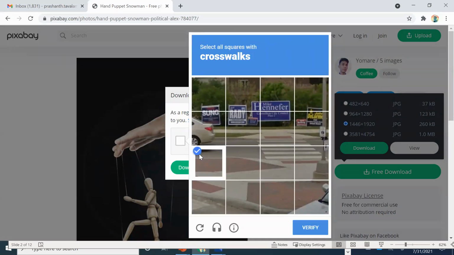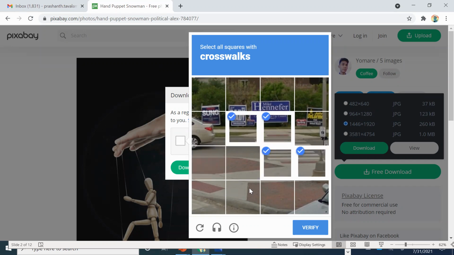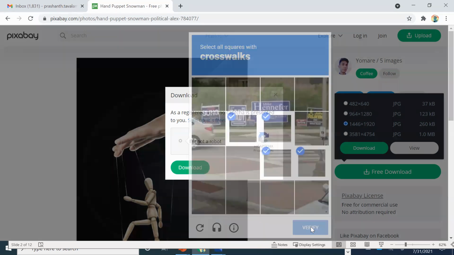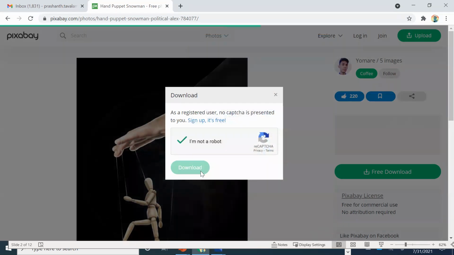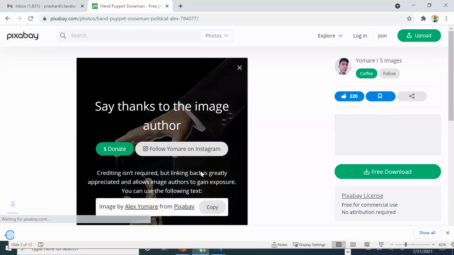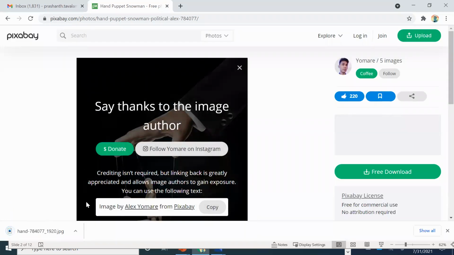Why do you need to go to such sites? You get high resolution images.